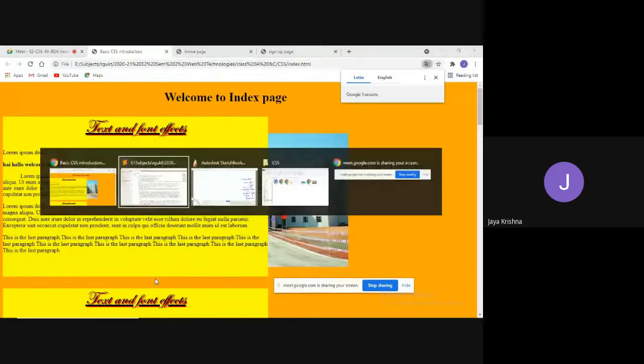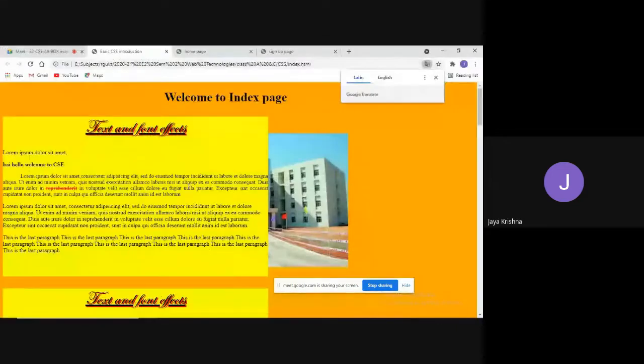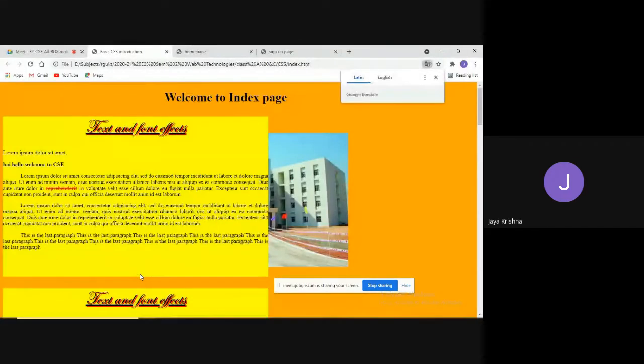Okay. So for this also you would like to have the same effects. Then I will go for adding this class, because with the help of this class only I have added the effects, right? We'll go for class equal to para. Yes, the same properties apply.